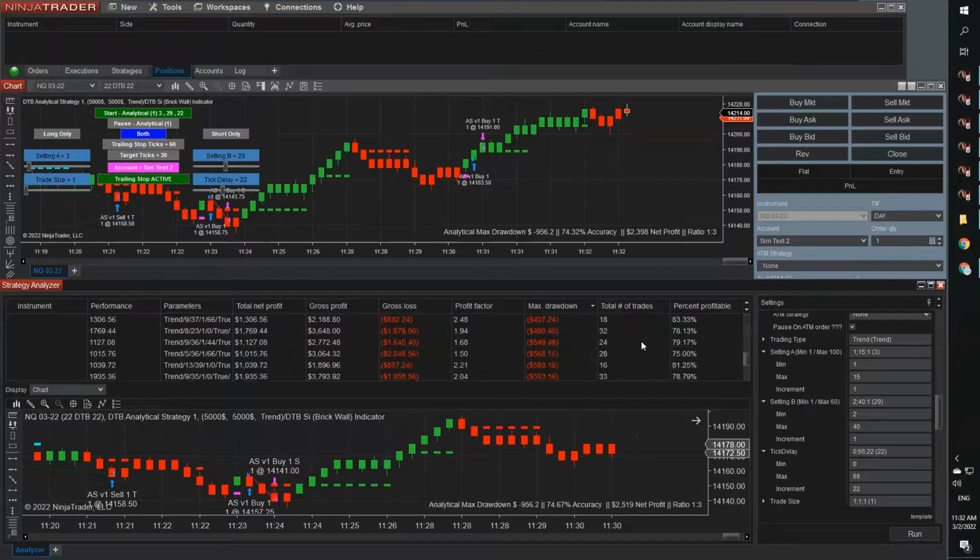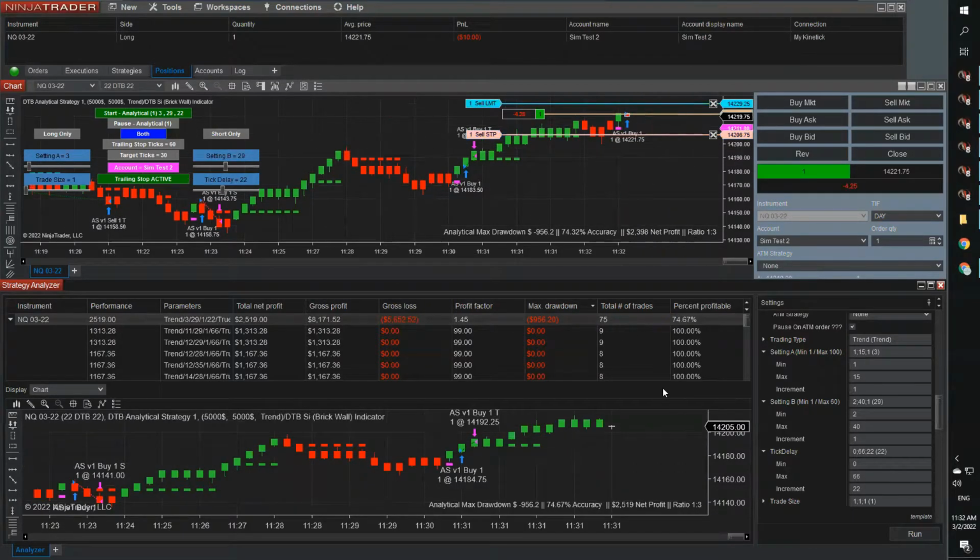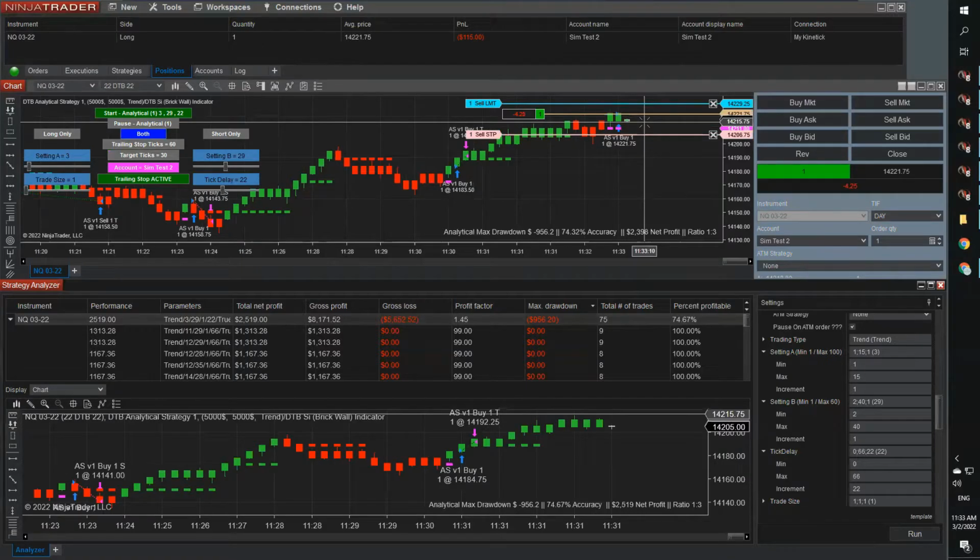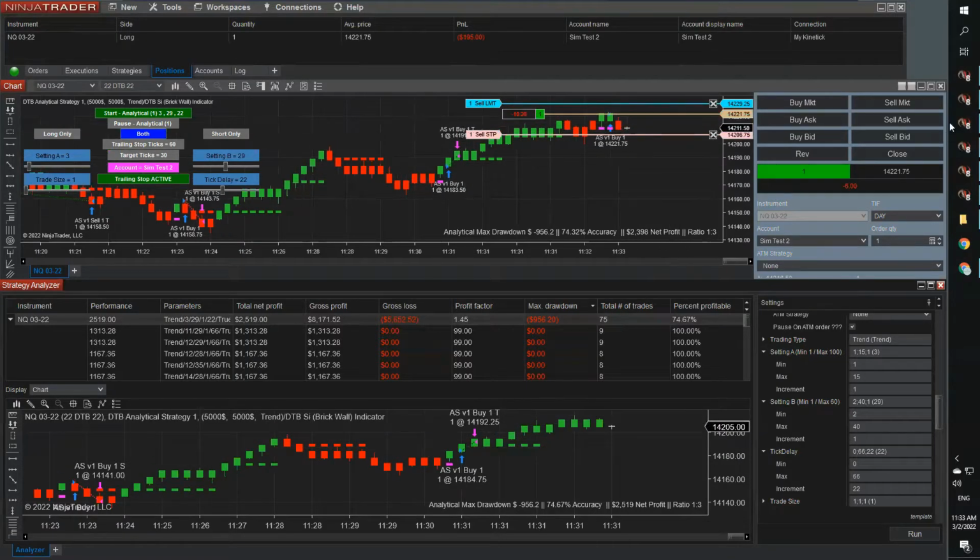That's why you might decide you're not prepared to take a $900 drawdown. You're not prepared to have a high risk strategy. You would rather have a strategy that takes fewer trades and has a higher percentage of hitting its targets. So like this one here, here's the next trade on this strategy. And this one over here,